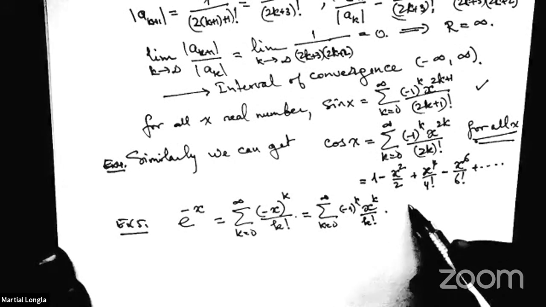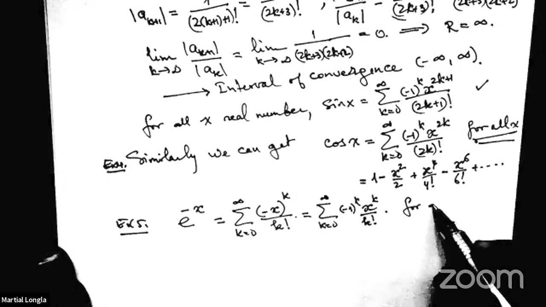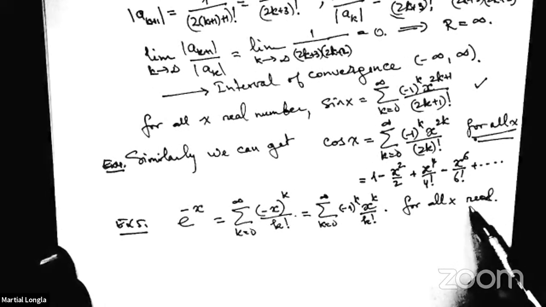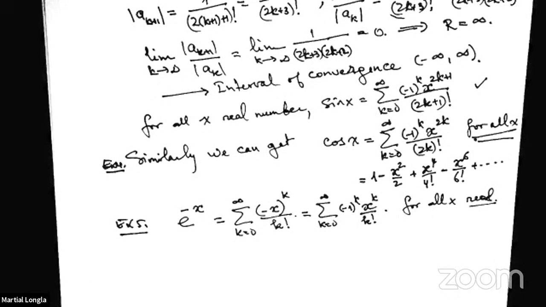That's it. And that will also be for all x real. So this is an operation that is valid for power series. You can substitute into a power series. And if this is true and the other one is true,